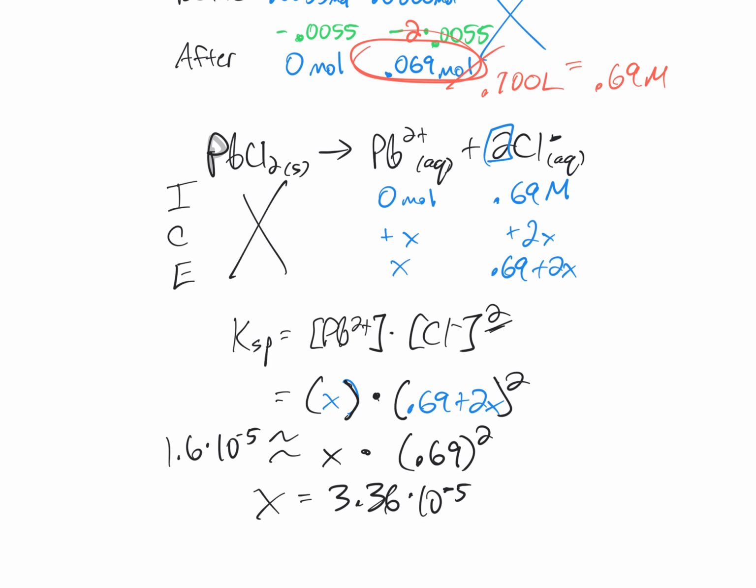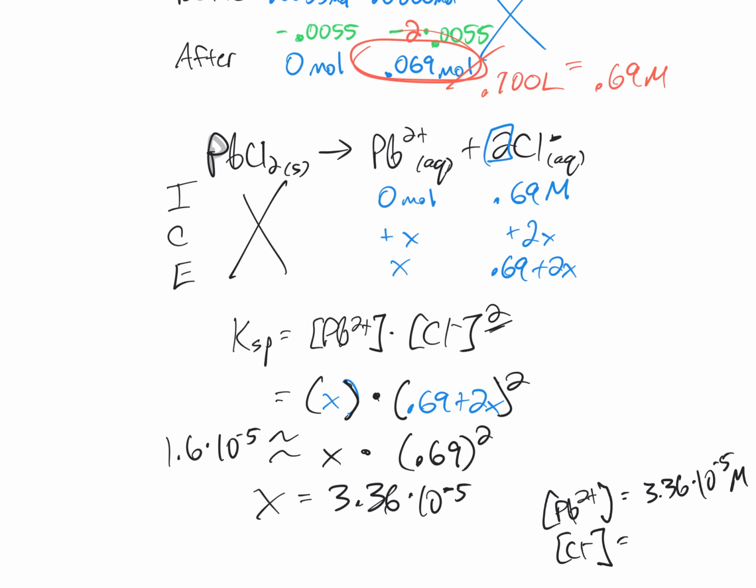So at equilibrium, we've got a concentration of lead equal to x and a concentration of chloride equal to 0.69 plus 2 times x, which if x is really small, then it's roughly just 0.69. So at equilibrium, our concentrations are 3.36 times 10 to the minus fifth molar in the case of lead-2. And in the case of chloride,